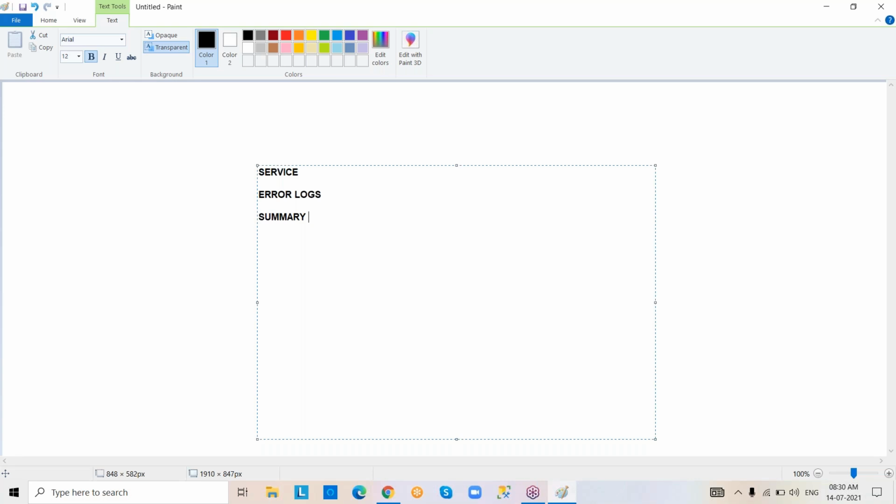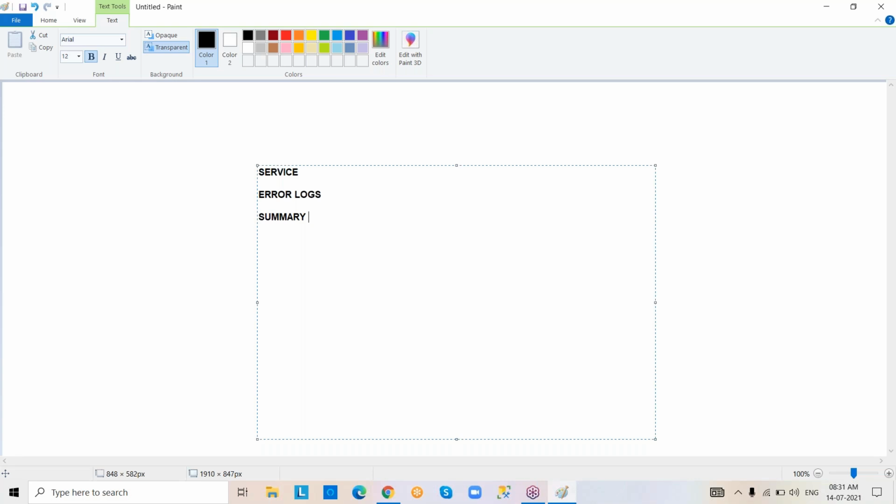Because you are a DBA. Last class we discussed we are going to work with different types of tickets. We are going to resolve different types of tickets, right? Suppose you received some ticket, you want to resolve it. If you know what the issue is, then only you can resolve the ticket. Otherwise, you cannot. So for that, we are going to check the error logs. By using error logs only, we can find out the issue. Then we can go for resolution.